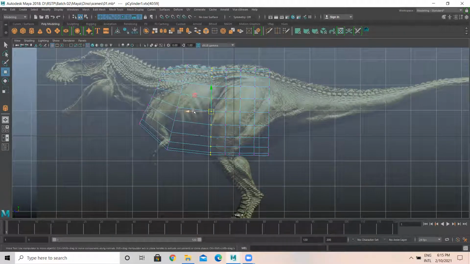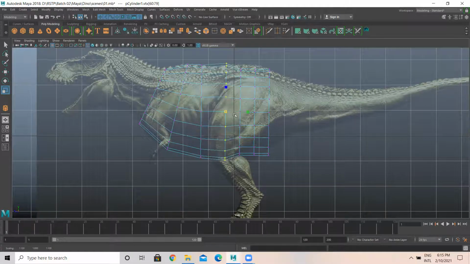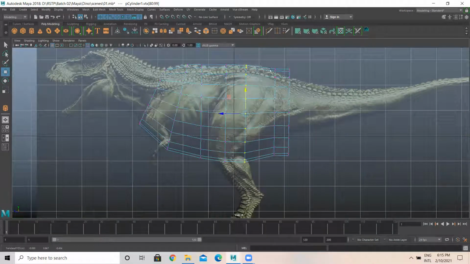Then I'm selecting this. Just place it here like this. You have to scale it globally. This one like this. Then I'm selecting this. You can place it here. These two, let it be somewhere here. Then I'm selecting this here like this. Like this.